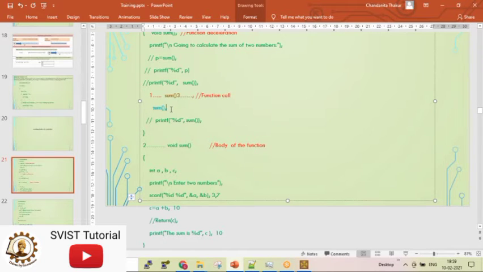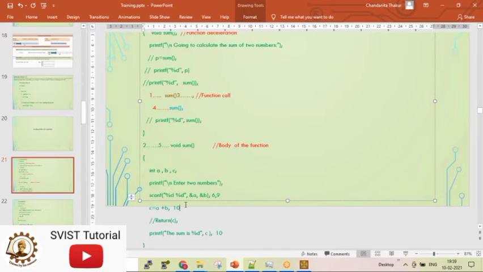The next line is sum. So if I take it as 4, the fifth will be this one. Again the same function will be called. Again two different values will be entered. Let's say the values are 5, 9, 6, 9.